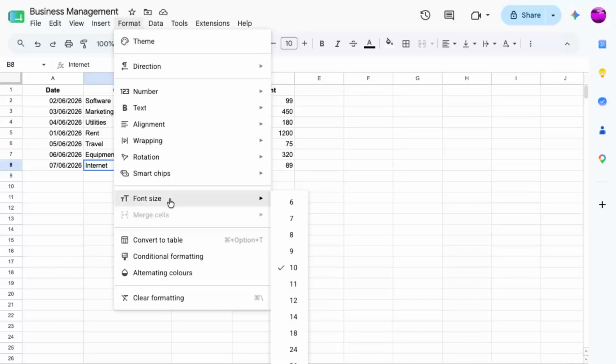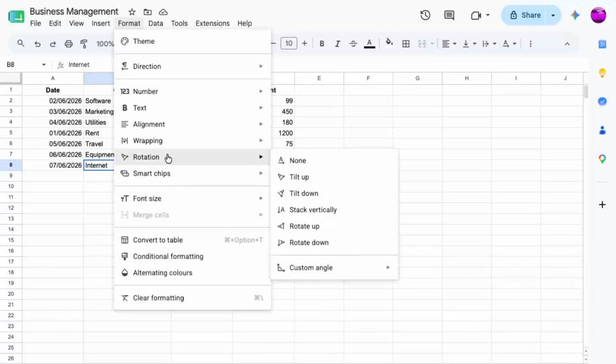After clicking Format, look through the drop-down menu and hover over Rotation. When you place your cursor over it, another menu will appear to the side. This submenu gives you the available text rotation choices in Google Sheets. Hovering rather than clicking too quickly helps you see all the options clearly so you can choose the one that